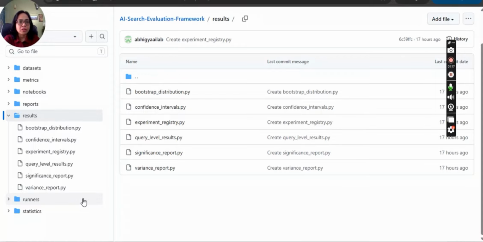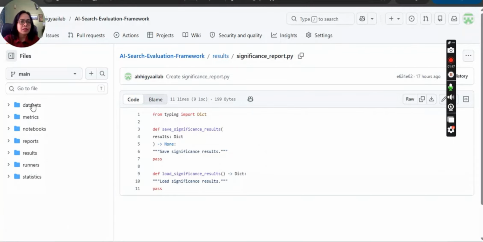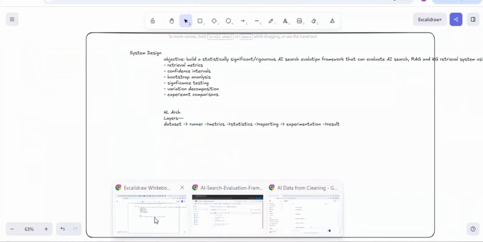When we come to such experiments, then definitely I will cover that in future sessions. If I start covering that, it will be a huge topic, and it will go out of context. Then query-level results. What are the different kinds of significance? There are different significance reports, showing which one is statistically significant. So this is a very high-level design document. Any senior AI engineer can take it and proceed with building this